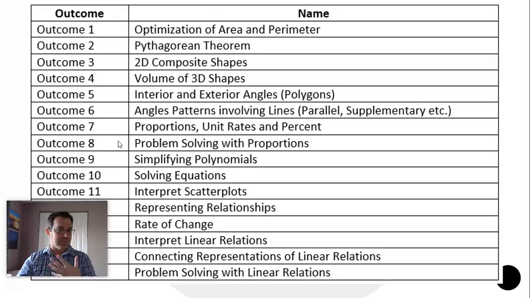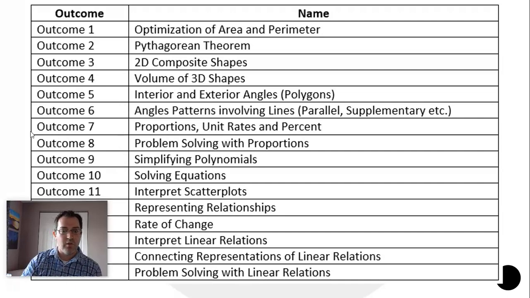make sense. These are big ideas that we think are important, that we really want our students to know by the time they finish. So from a mark book standpoint, what you would see is 16 entries, right? Entry 1 would say optimization of area and perimeter. Entry 2 would say Pythagorean theorem, and so on. 16 entries, the number of entries would never change, but we would update depending on what the student has shown